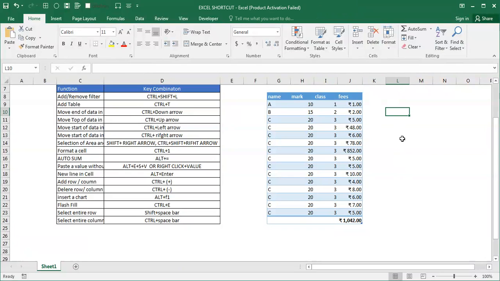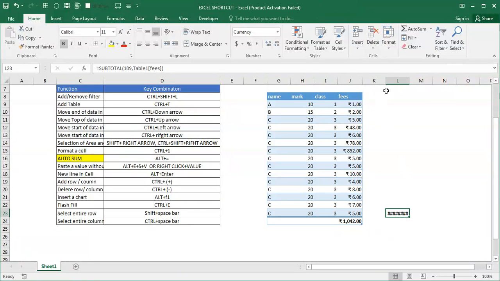Suppose you want a limited number, you can press like this, press Alt plus this one, you will get the value. Next we'll go to paste value. Suppose you have here, see, if you click inside, some functions are there. So if I copy normally and paste here.